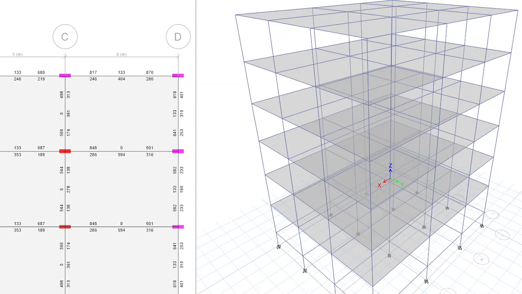If you see, you can move up the floor, down the floor, and check how the results are varying. Are all the columns in pink color, or is some also in red color? There are internal columns in red color, right?